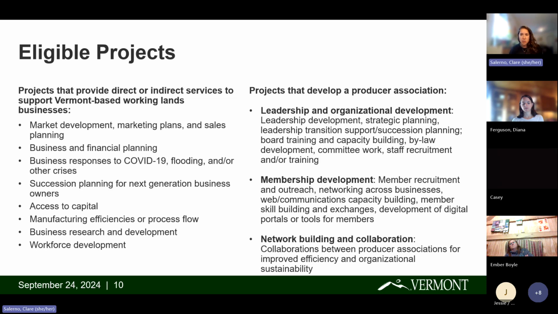And so the types of projects that this grant is for, there's sort of two main buckets. The first one is projects that provide direct or indirect services to support Vermont-based working lands businesses.